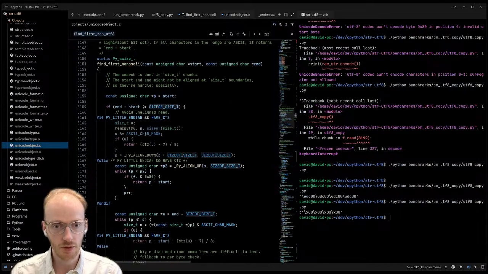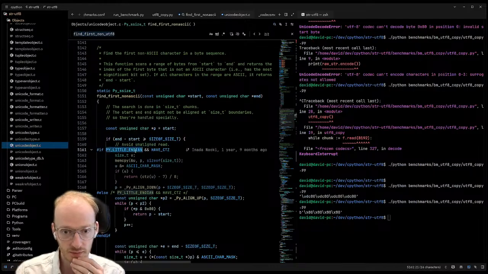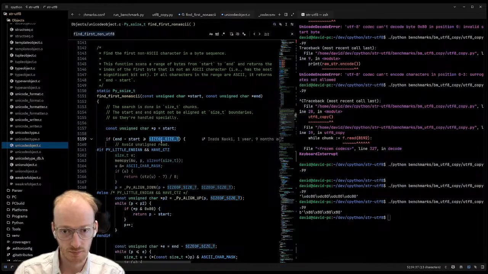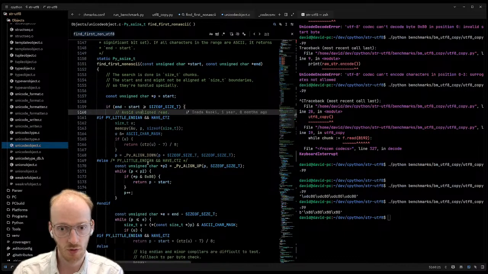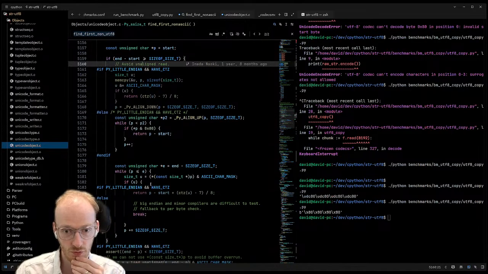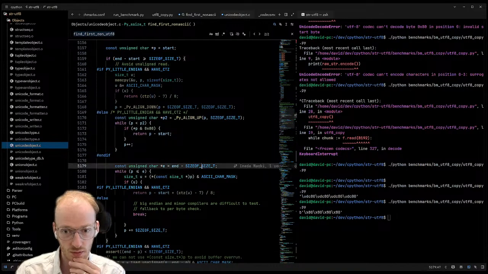I don't know what these unaligned reads are. The buffer might not be aligned. Oh, okay. It looks like there's some special handling.